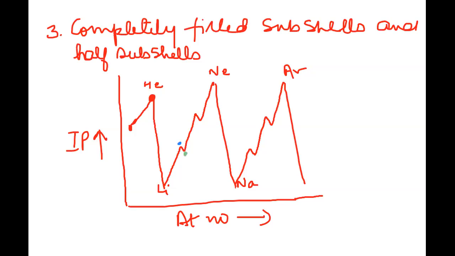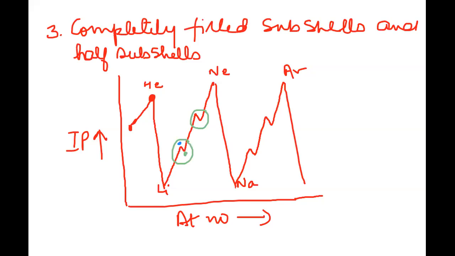First, let us consider beryllium. In this case, you will see that from the blue dot, the line is going downwards. It shouldn't have happened like this. It should have continued to rise. Now, why does this happen? Why is this difference seen, or why is this exception seen here?